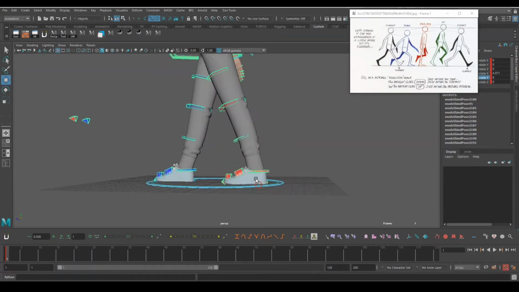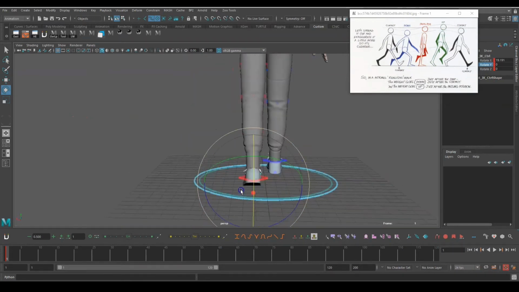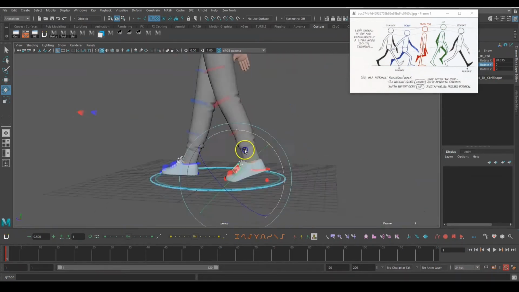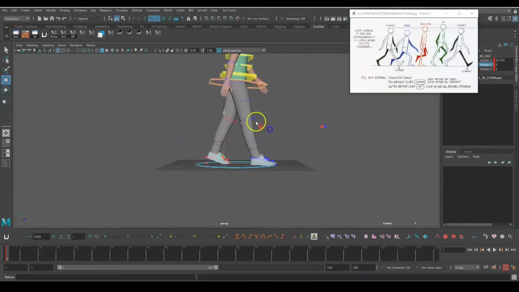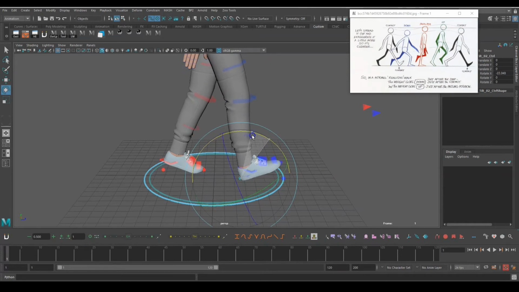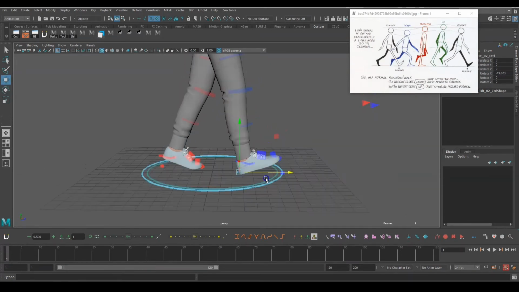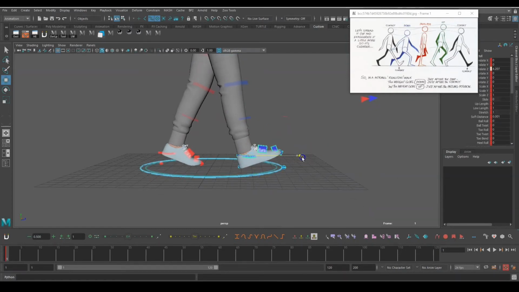Now what I will do, I will lift this, rotate. Okay, then I will rotate this one. And you can take this a little forward, maybe like 4.3.